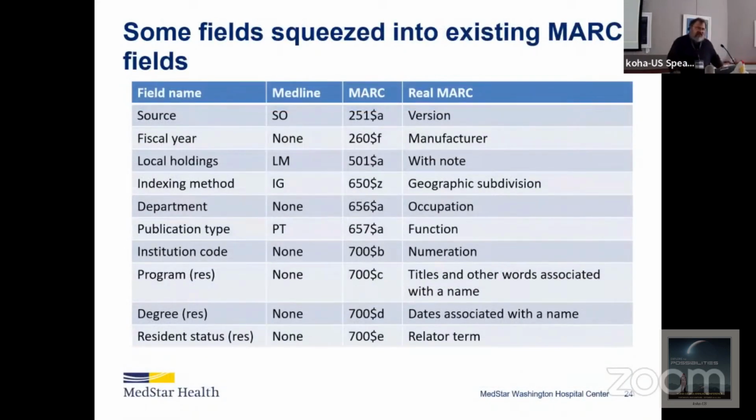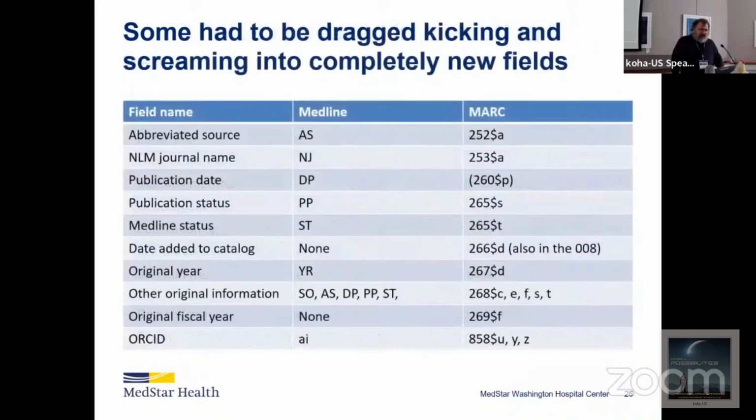I had to sort of push randomly. Source, version, fiscal year, manufacturer, not really. This time I decided to link each author with their institution and the residence with their program and degree and their status, first year, second year, third year, fellow. And those sort of went into the 700 B, C, D, and E. Some of them